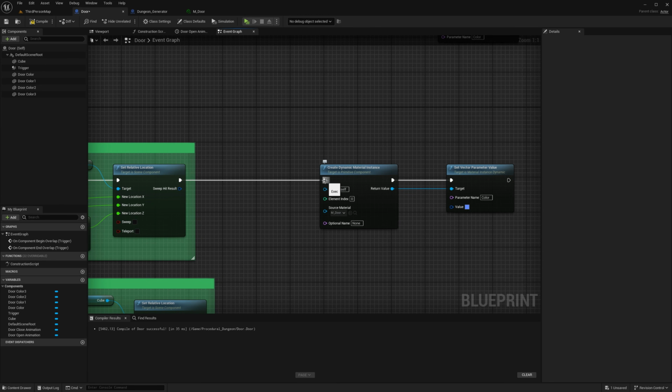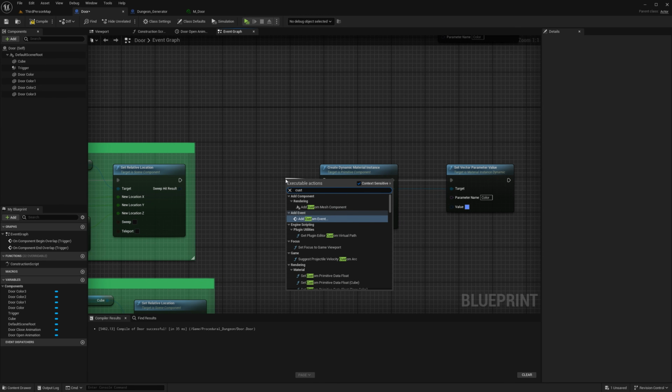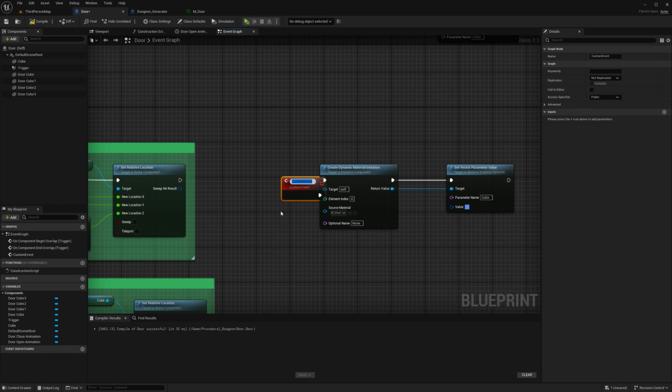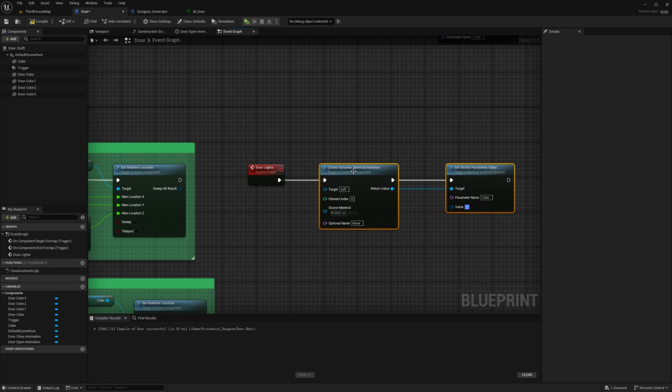We will unplug this and we will make this into a custom event. So say add custom event, then we say door lights, like this, and then we take the target here, which is the door colors.